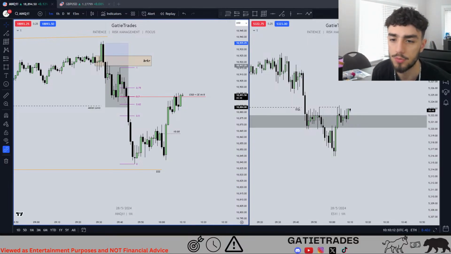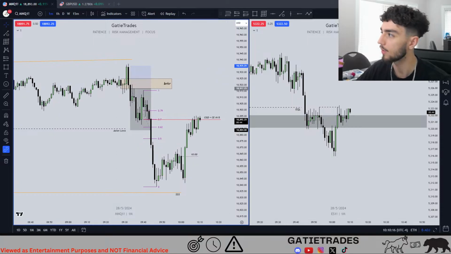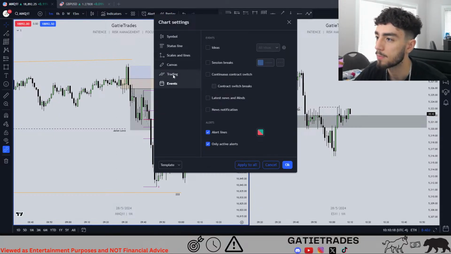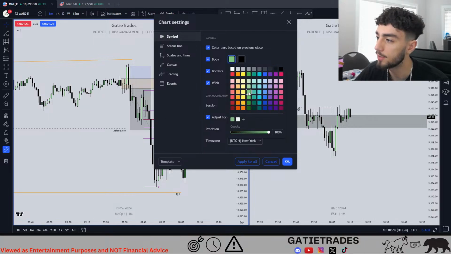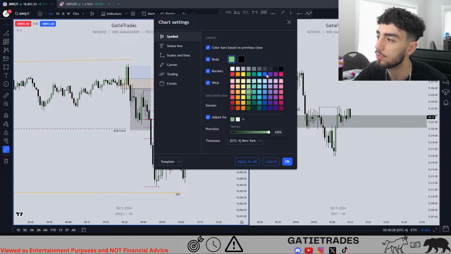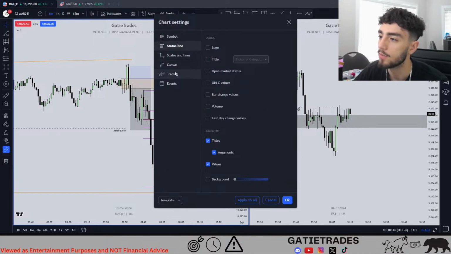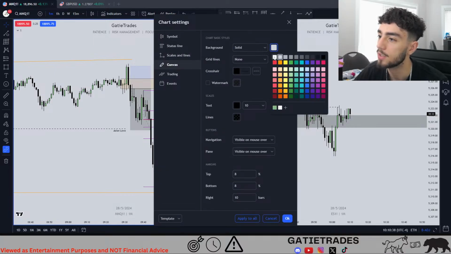Can you give me your theme? I like the colors of the chart. Yeah, same as ICT's colors. I'll show you right now if you want to take a picture or something. So these are the candles. It's this green right here, and I know some people will do blue or red. Red looks pretty cool for me, but I like this green for now. And for the actual canvas, I do solid color and I just do the second white because this is just a little too bright for me.